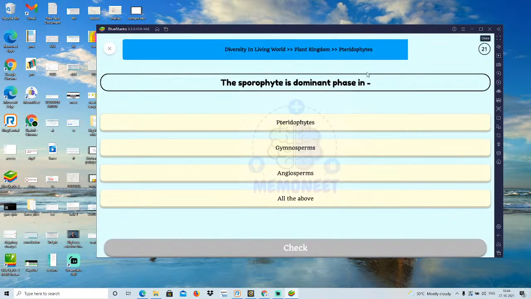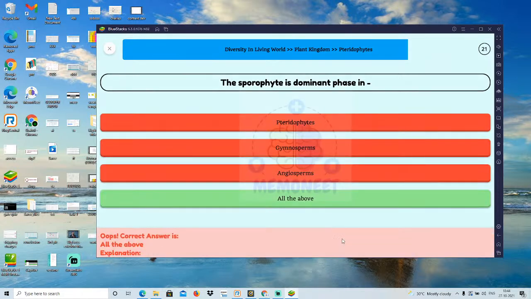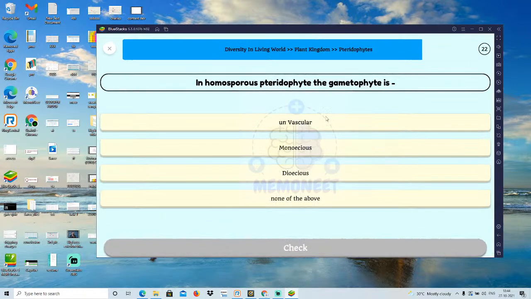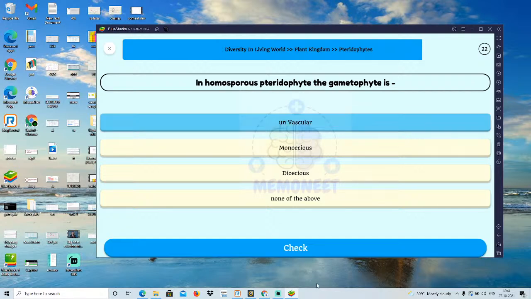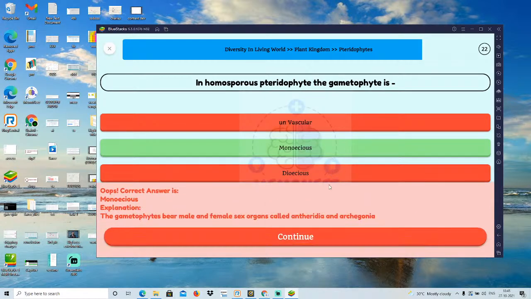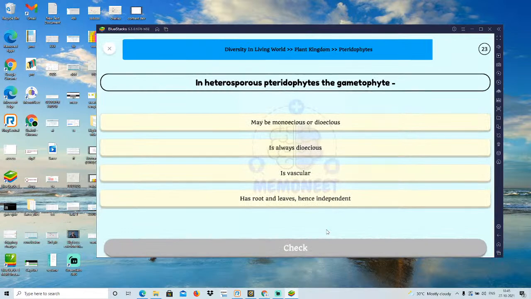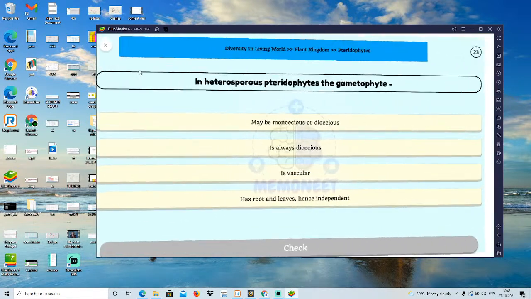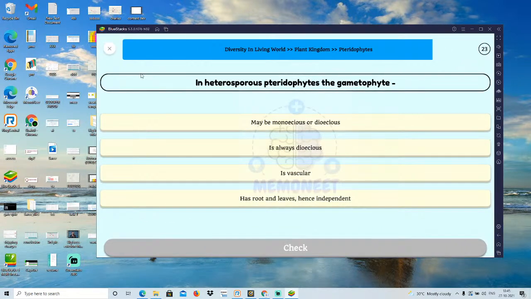The sporophyte is the dominant phase in pteridophytes, and in gymnosperms. Okay, we haven't learned about gymnosperms and angiosperms yet, so no problem. So in homosporous pteridophytes, the gametophyte is always monoecious. In heterosporous pteridophytes, the gametophytes